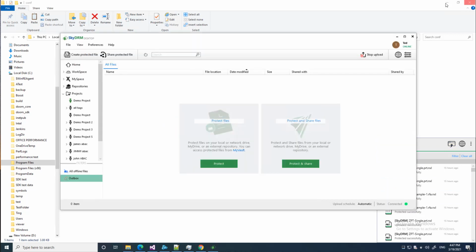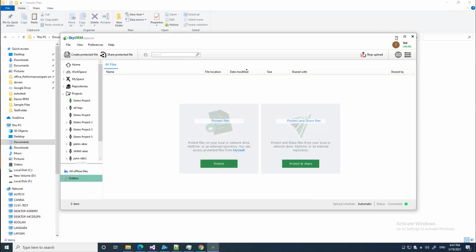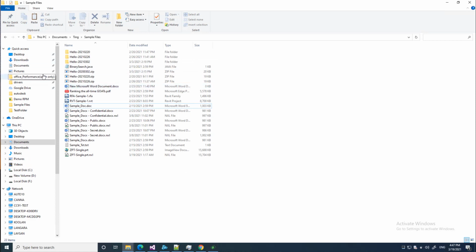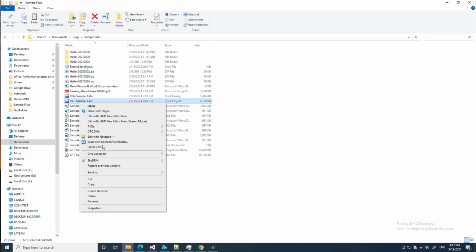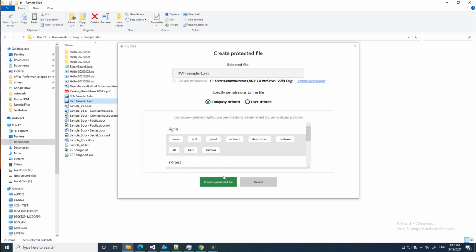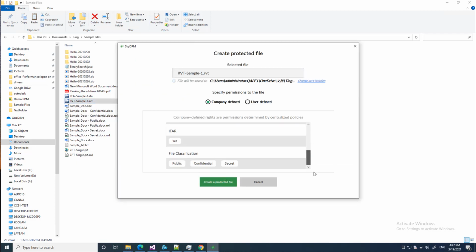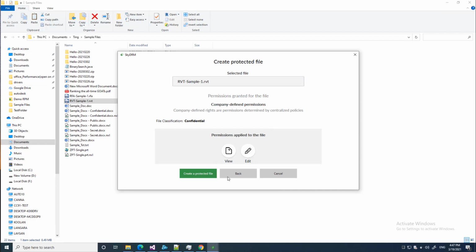After I log in, I can go to the File Explorer and find the RVT file here. So here I have the sample RVT file. I just protected this file and chose the confidential classification. I have the view and edit rights on this protected file,